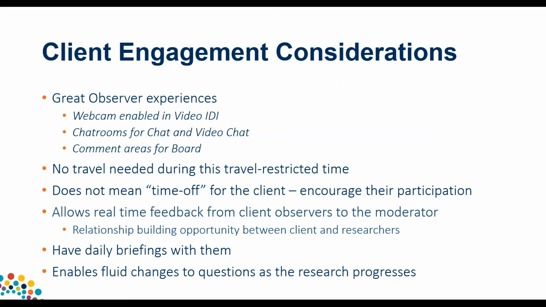There are observation chat rooms for text chat, for group video chats, and comment areas for boards, helping your client understand that this isn't time off for them.